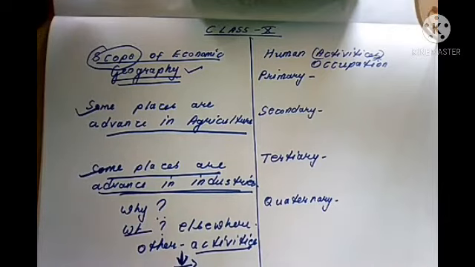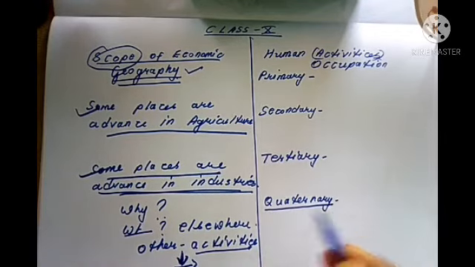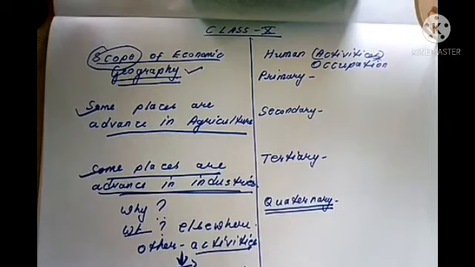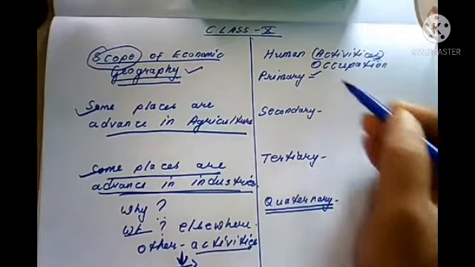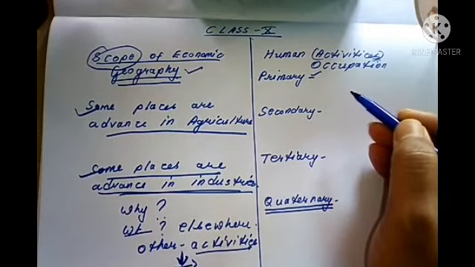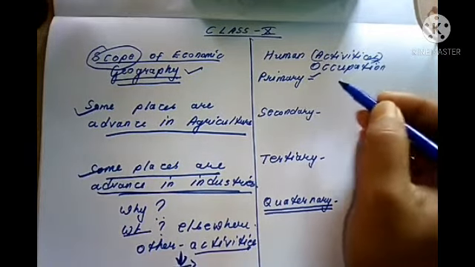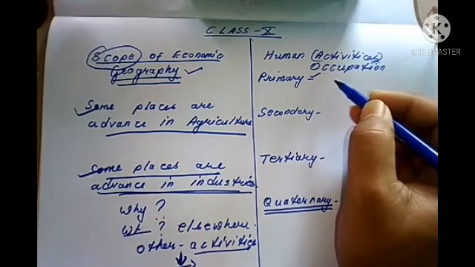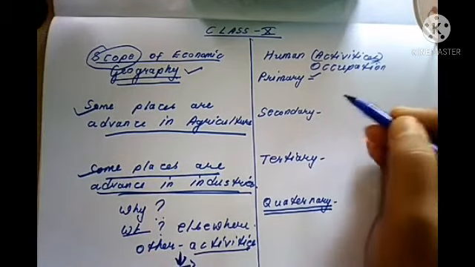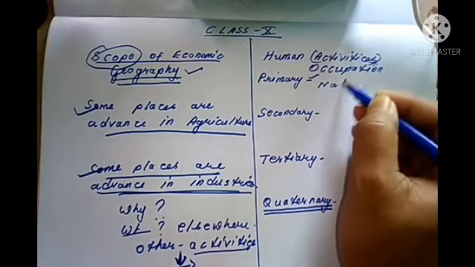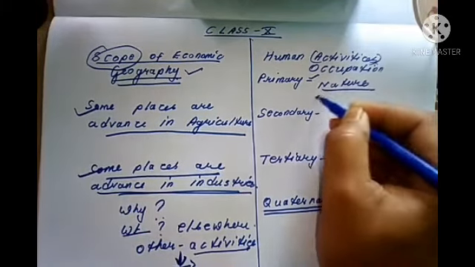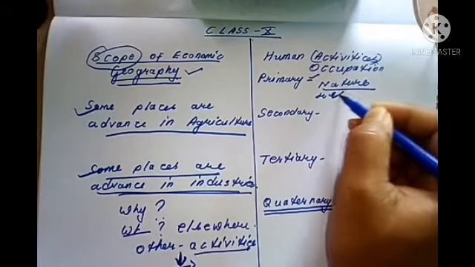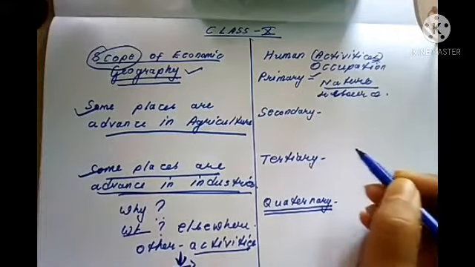Now let's come to the other question that has arisen, that is about the activities. In the last session, some of the students didn't understand quaternary occupation. First of all, before understanding quaternary occupation, we need to understand primary. So what is primary occupation? Primary occupation is that occupation in which a human is engaged directly with nature, extracting any resource from nature, like fishing,